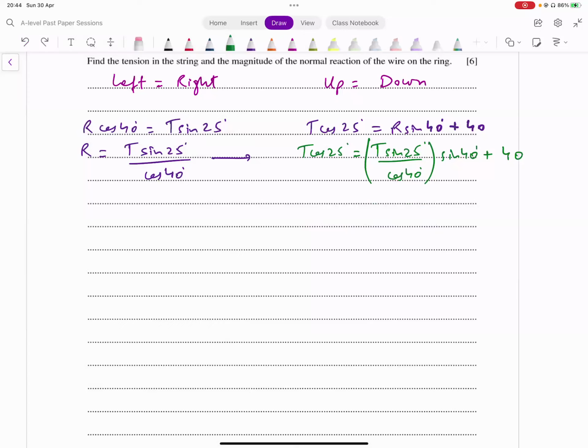Achha, let's simplify this. Left to right, दोनों को simplify करना पड़ेगा. Left side में हमारे पास आता है cos 25. Cos 25 is 0.9063 multiplied by T. Right side में भी एक T आ रहा है. तो हमें फर्स्ट टर्म को अलग से सिंप्लीफाई करना है. इस पे देखते हैं हमारे पास क्या होता है. sin 25 divided by cos of 40 into sin of 40, and this turns out to be